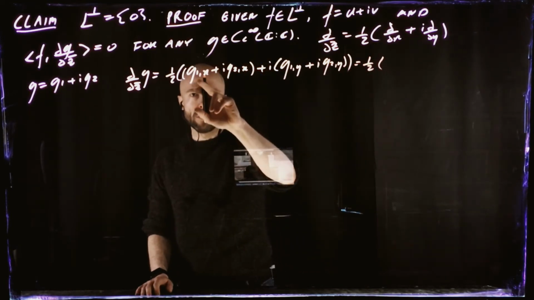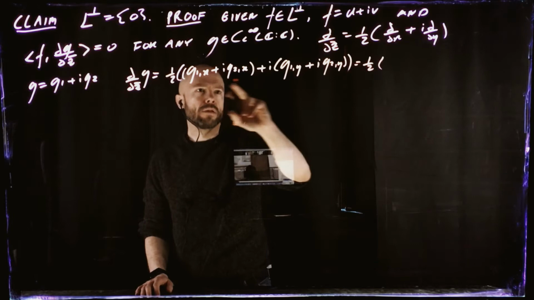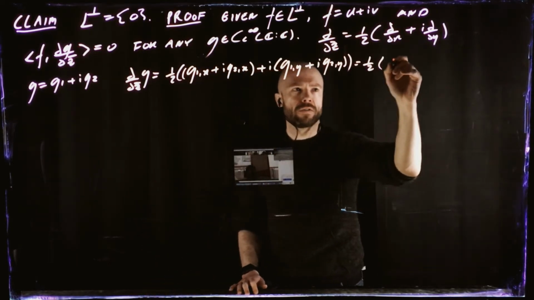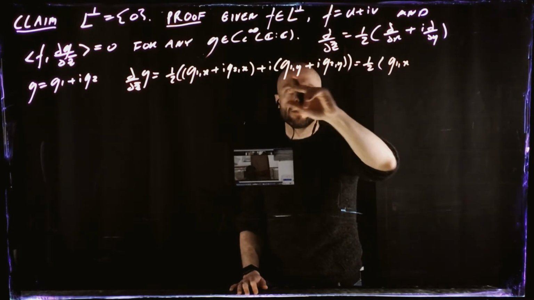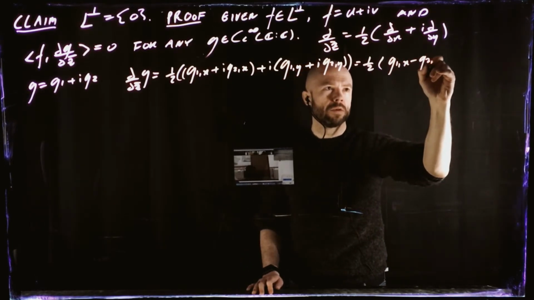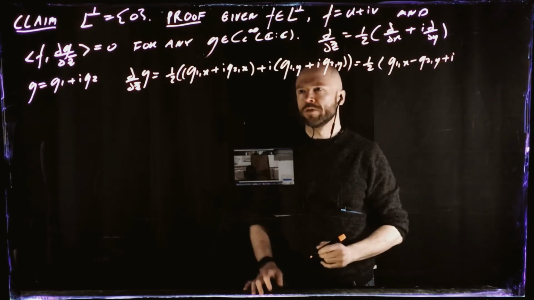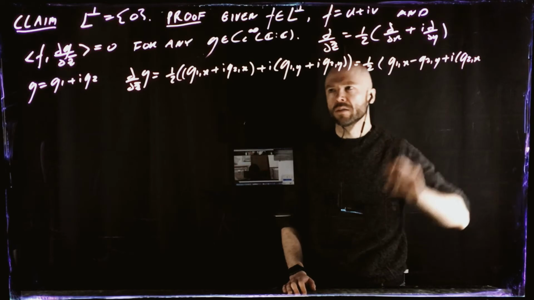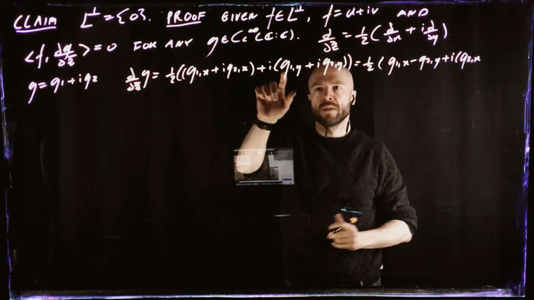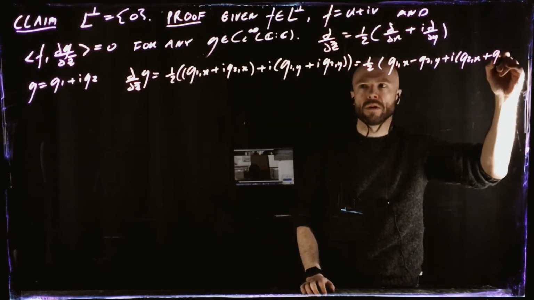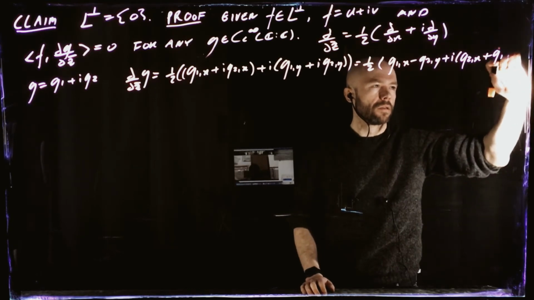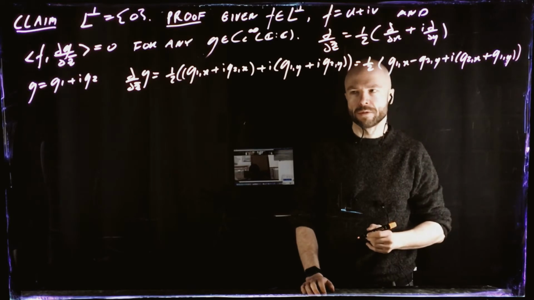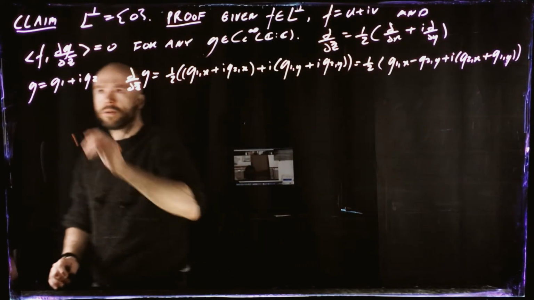So the real part will be this guy, and then I times this guy, right? So it's going to be a half of g1 comma x minus g2 comma y. And then the imaginary part will be this guy, g2 comma x, and then this guy, that's g1 comma y. That's what we have. So then from star,